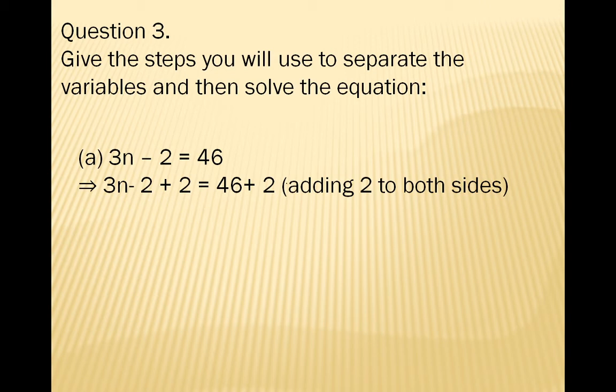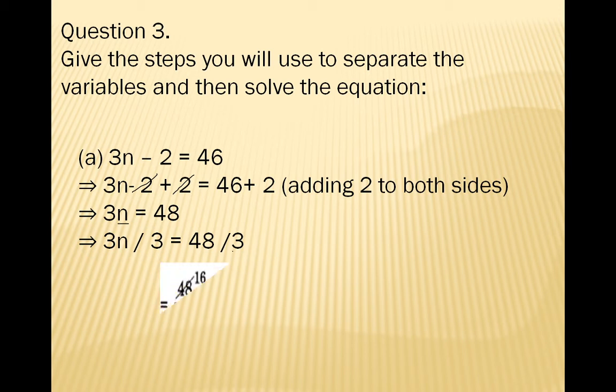Whatever you have to do, you are doing that, you have to write in the bracket that you add 2. So adding 2 to the both sides, we get here, look at here, this negative 2 and positive 2 will be cancelled with each other because it gives answer 0. So 3n is equal to 42. Now 3 is for multiplying. So to find out the value of n, we have to divide it by 3. So 3n divided by 3 is equal to 48 divided by 3.